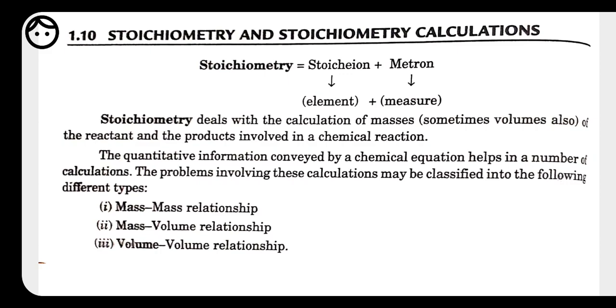So according to the law of conservation of mass, we know that whatever the amount of reactant we have taken, the same amount of product should form, because according to the law of conservation of mass, it is said that the amount of reactant should be equal to the amount of product, because energy can neither be created nor destroyed. So to make it equal, we need to balance the equation. Whatever the number we are putting for balancing the equation is called the coefficient. So that's why it is called the stoichiometry coefficient.